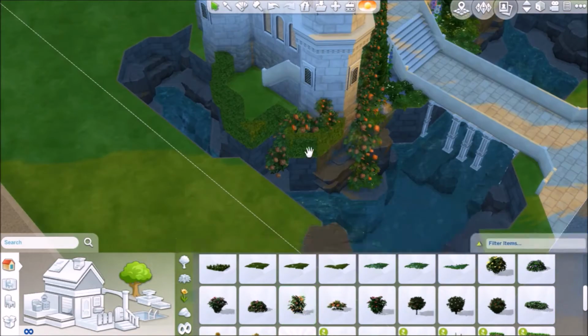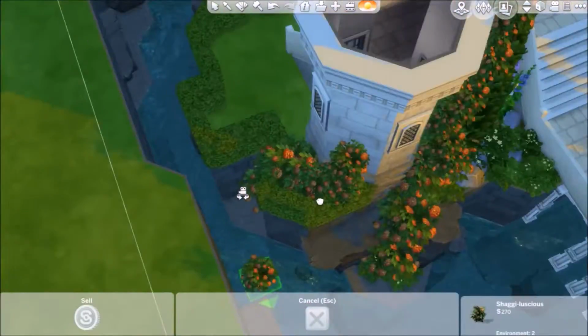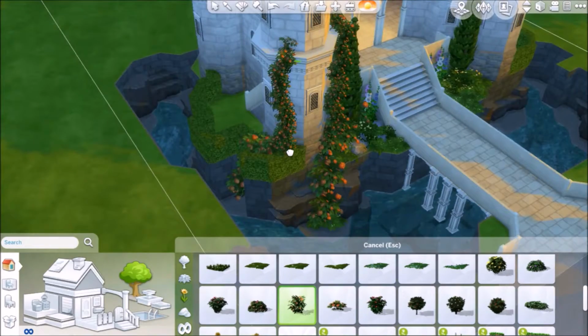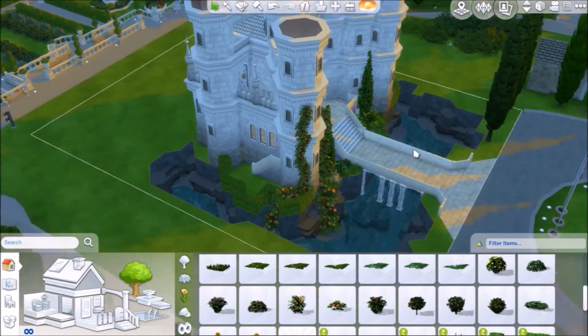I think that would have been a lot better because when you place this lot, even with move objects on, a lot of them do fall, and it just doesn't look quite the same as it did when I built it. So that's kind of annoying, but obviously you could go through there if you do decide to download this,